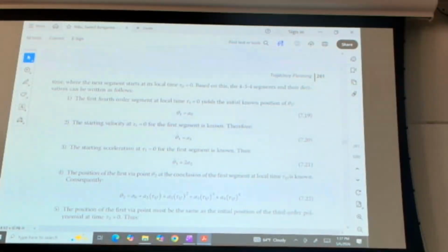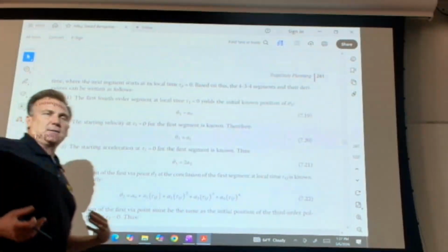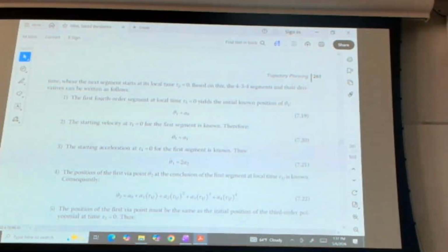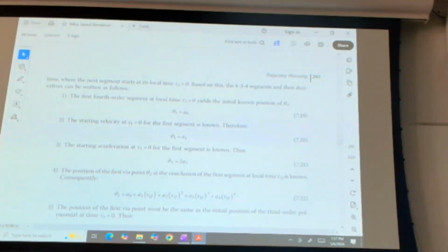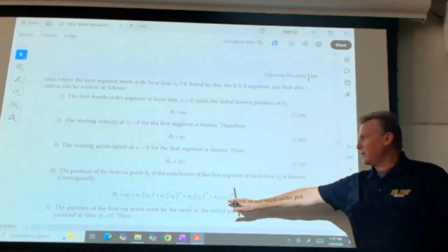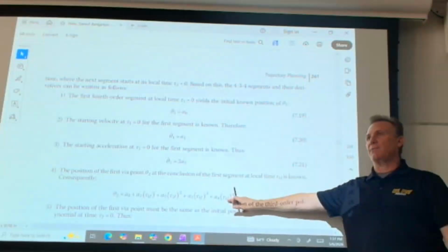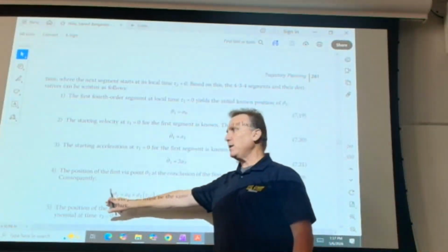So if we broke it down, suppose we said we have 9 seconds to travel from point initial to point final. We're going to do a 1.5 second acceleration, 6 seconds of travel, and then 1.5 seconds of deceleration. When I get done right here, this would say, okay, where am I at after my first 1.5 seconds? I put that in there. After we solve